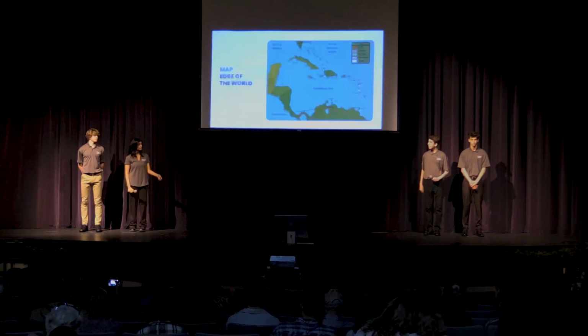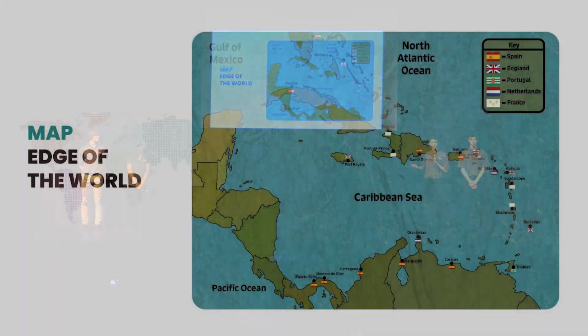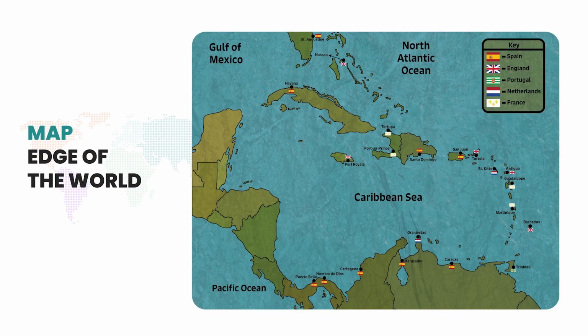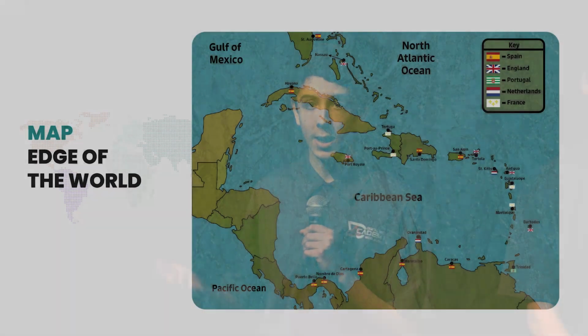I created the map for the simulation. In order for the game to function, a map is required to show where the player is and the different locations that the player can go. To start, I used the textbook map given to us by Mr. Pulaski as a template. I then outlined and colored all the different regions on the map and added a parchment effect to the map using textured images. After this, I labeled all the required locations and added the respective flag to each colony on the map, as well as a key.